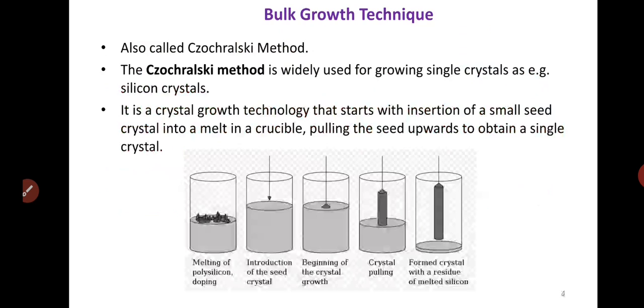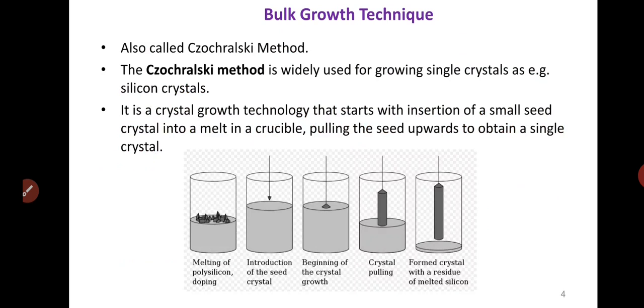Now, what is seed? It is a small piece of single crystal or polycrystal material from which a large crystal is to be grown. And this large cylindrical crystal from the molten material is called as ingot. And what is the wafer? A thin piece of semiconductor material which is used in fabrication processes in ICs.